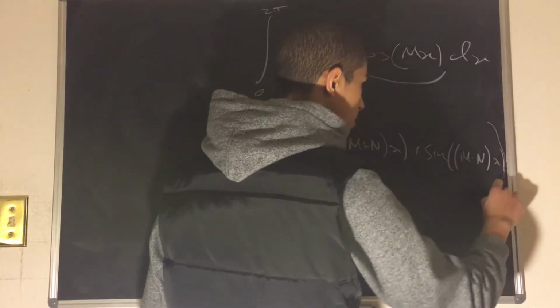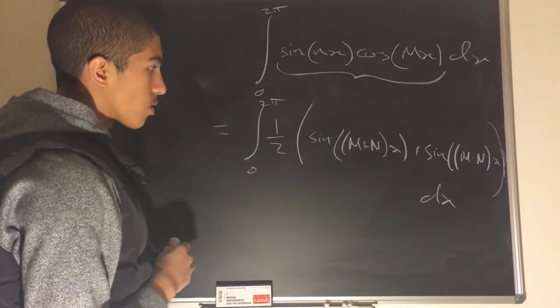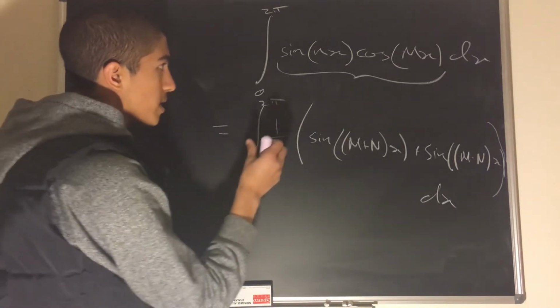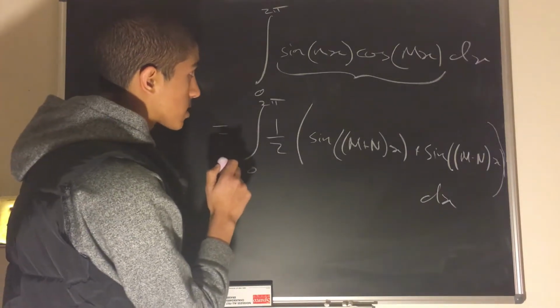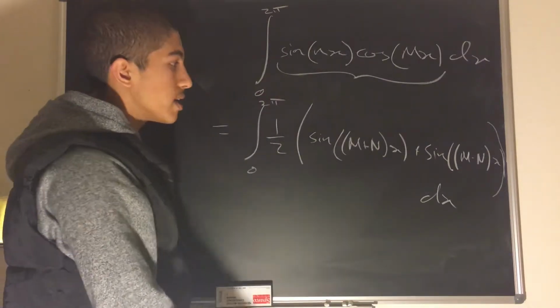There should be another bracket there. We basically use the product to sum formula, which says that sin A cos B is equal to